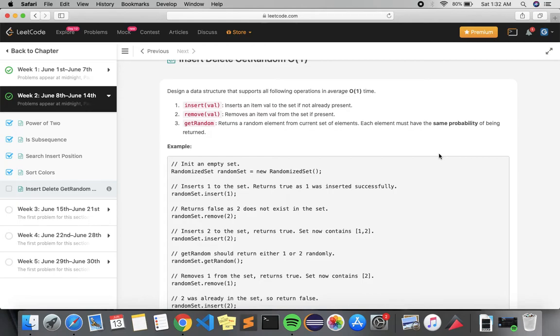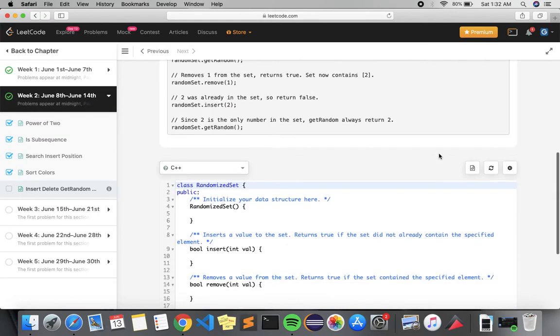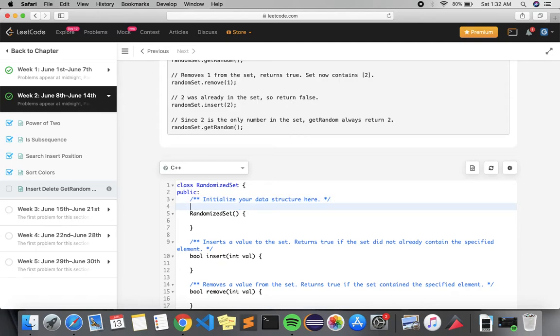So we can insert a value in O(1) time, then remove a value in O(1) time using the hash map, then get a random element in O(1) time using the array. Let's see how we can do this. First we have to initialize both data structures, array and hash map.